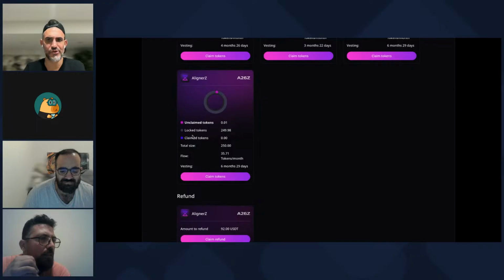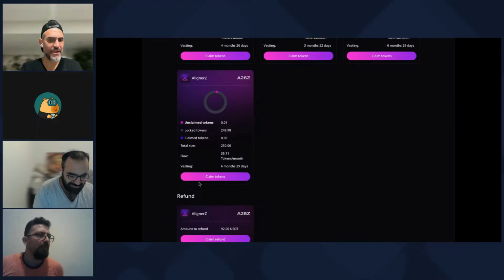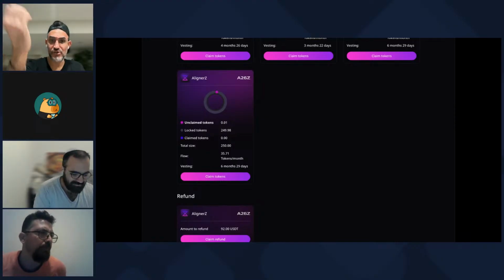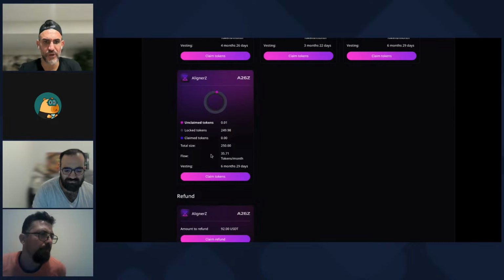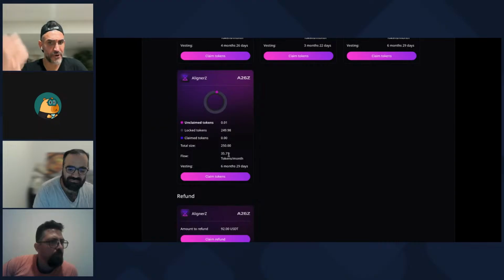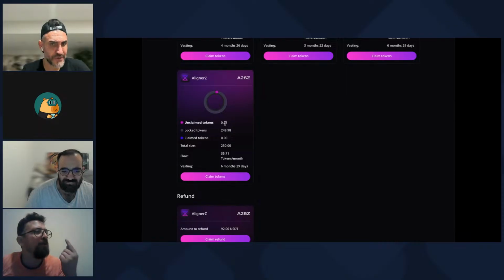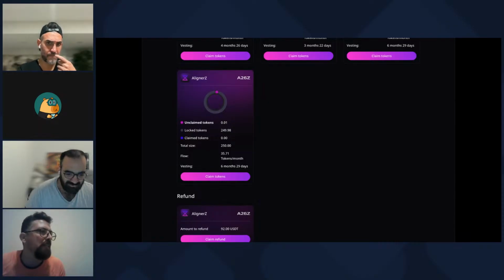So now, Dudu, when you claim the TVS, this is the TVS that's going to show up in your wallet, right? And then you have the ability now to claim the tokens, because don't forget, the drip is happening now in real time. So this shows me that with this TVS that I won from pool number 5, it's 250 total tokens, right? It's 35 tokens a month that are going to drip out over 6 months and 29 days. So almost one token per day you can sell, Dave.